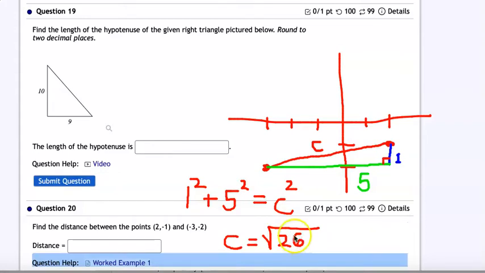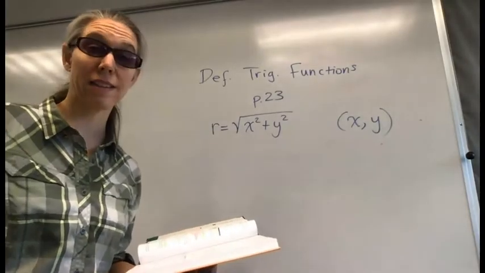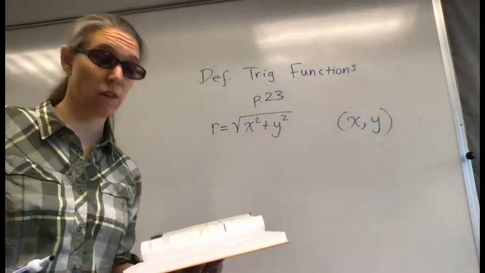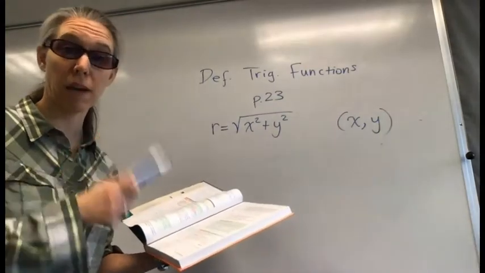It's a personal preference. So when you work through questions 19 and 20, you can refer to page 22 in your textbook. That's where you're going to find the Pythagorean theorem and the distance formula. Okay, so next we want to look at the definitions of the trigonometric functions, and they are found on page